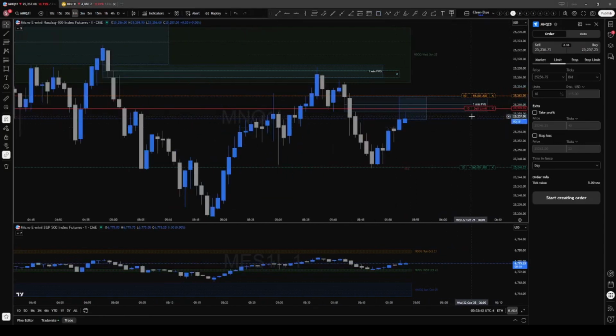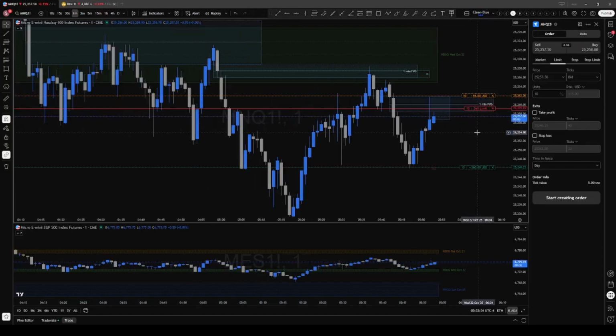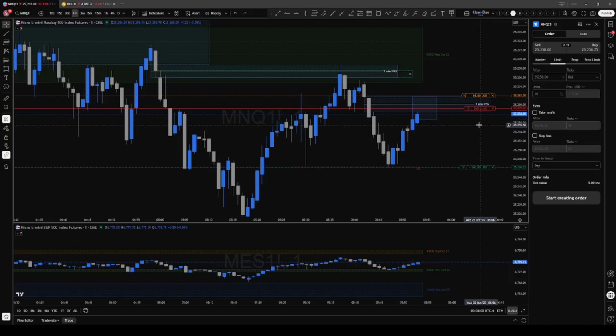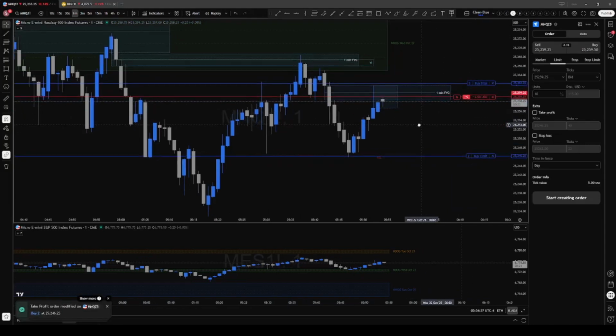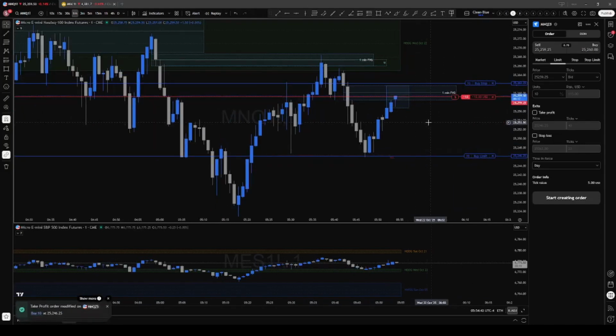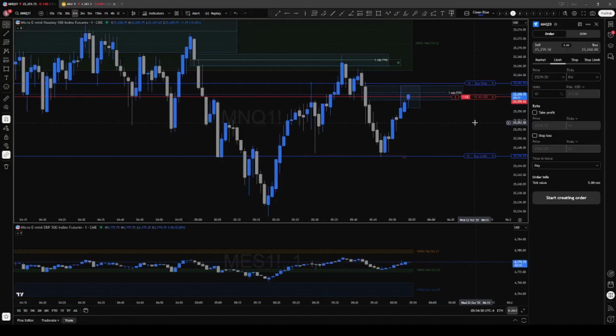I did have 2 losing trades before I had a great winning trade, an amazing trade. This one right here, I was trying to get in at a fair value gap. I saw the wick up that touched the top of the fair value gap. There's an imbalance on the top of that fair value gap, and the next candle actually just touched the bottom of the fair value gap, and I thought that would be a solid entry, and I got tapped in,